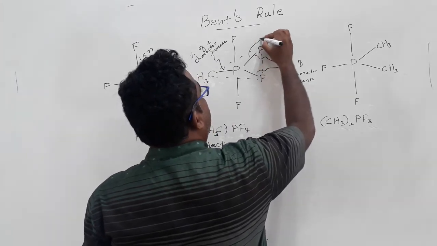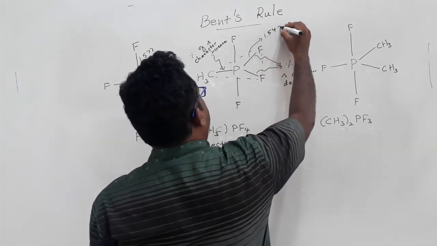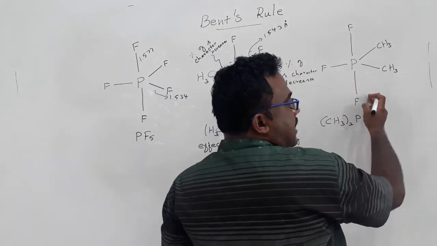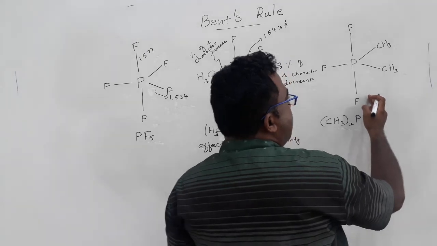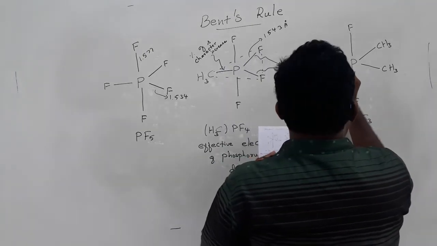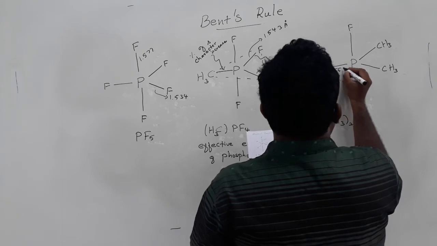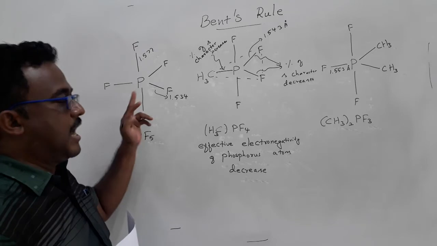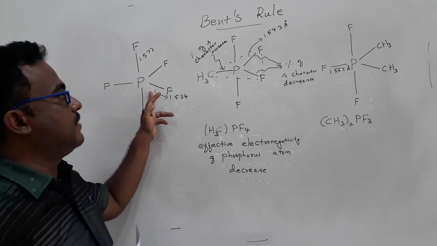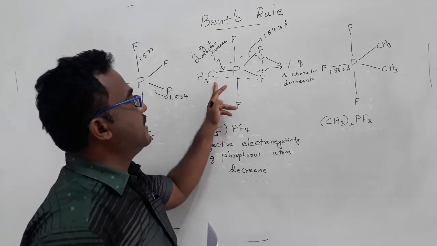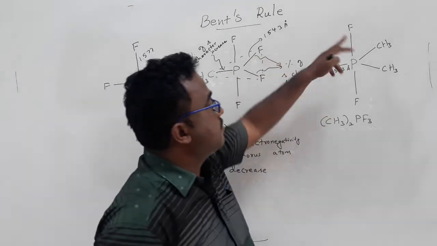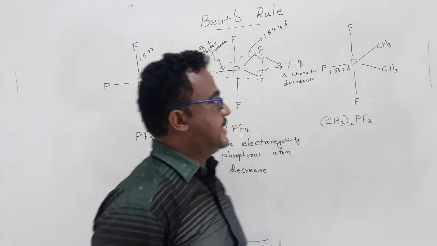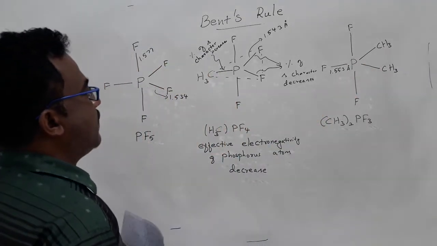1.543 Angstrom. Of course, the same reason applies for dimethyl substituted phosphorus fluorides. So here the bond length is 1.553 Angstrom. So the bond length, again, what happened? When you come from the equatorial bond length of PF, 1.534, when you substitute one fluorine with a methyl group, it's elongated, and it's more elongated for two methyl substituted phosphorus fluorides. Okay. So what will happen now?